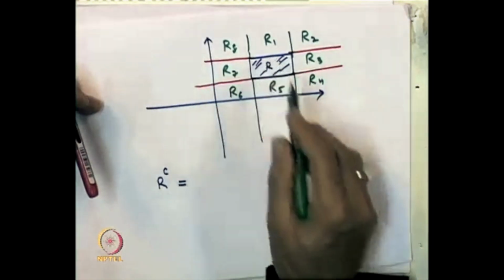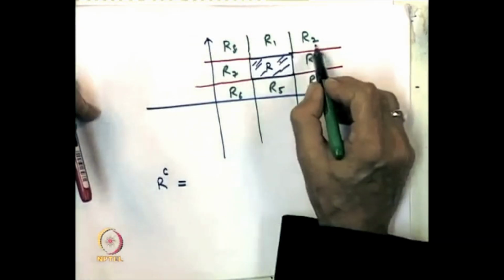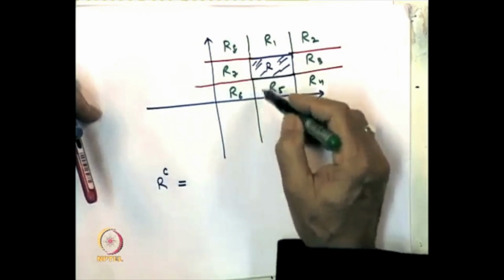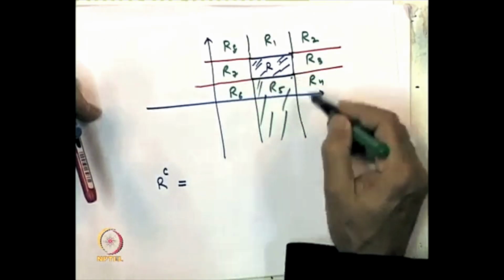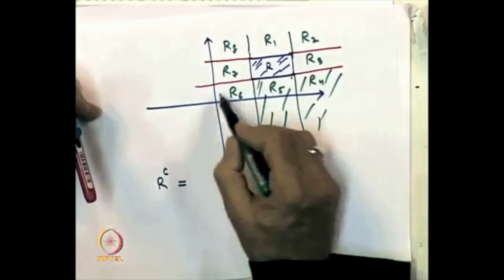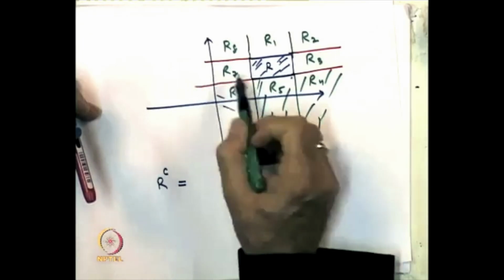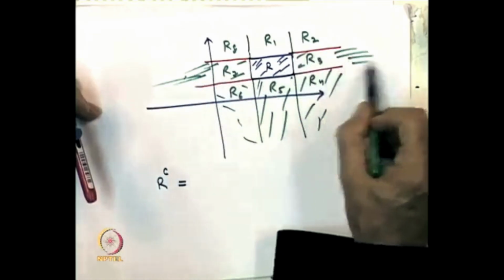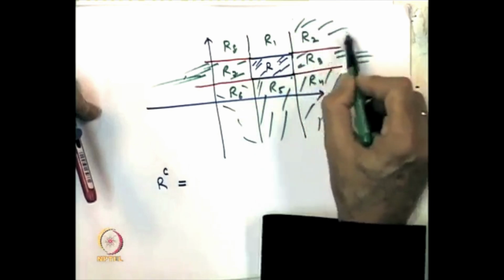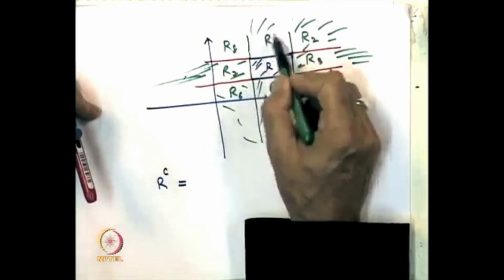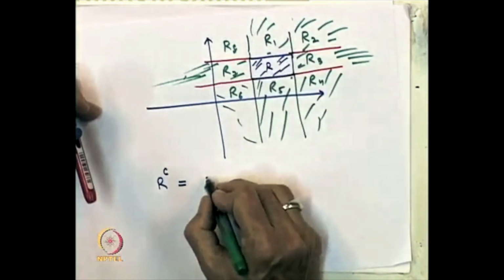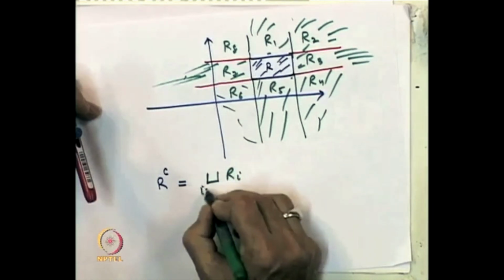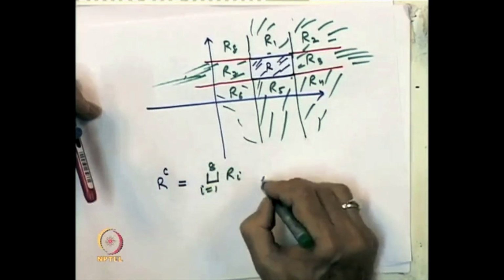There are many ways of doing this. I can look at this whole infinite side and this corner as a rectangle and this part as a rectangle. So I can write it as union of Ri, i equal to 1 to 8,